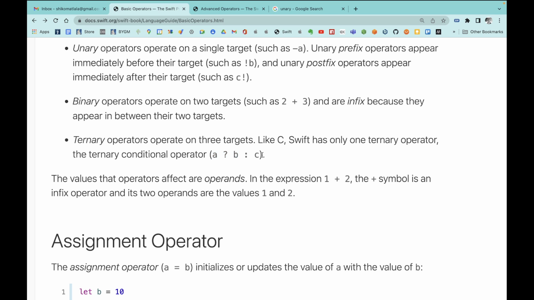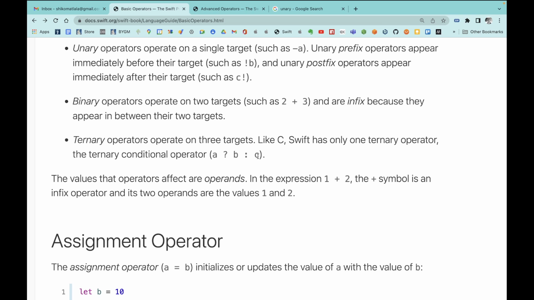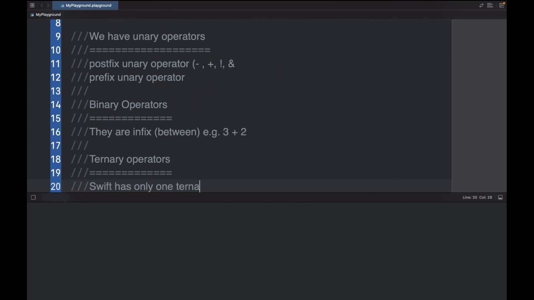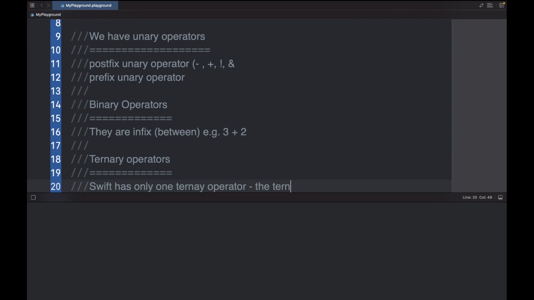Swift has only one ternary operator, and it's called the ternary